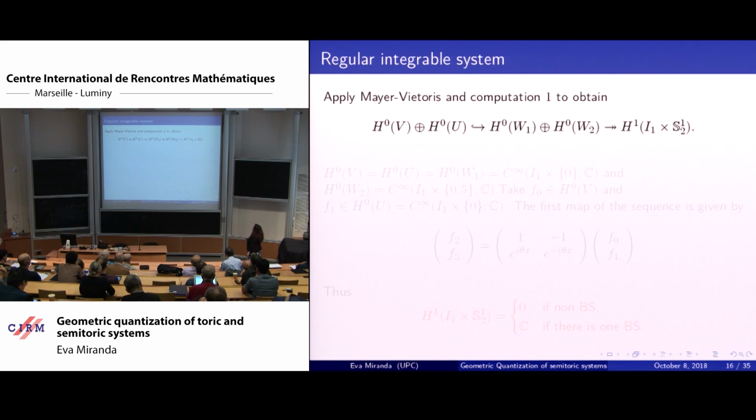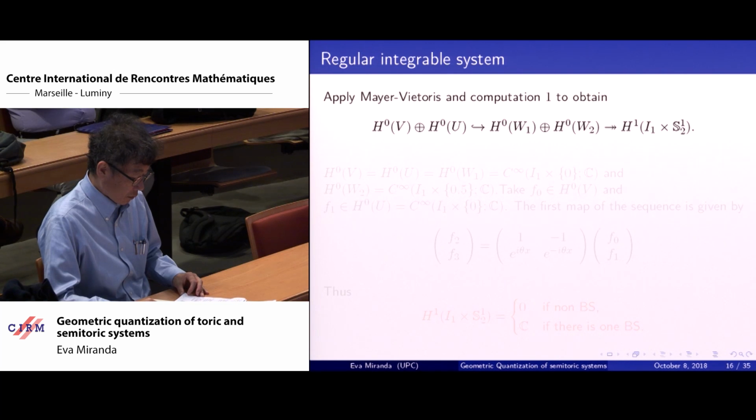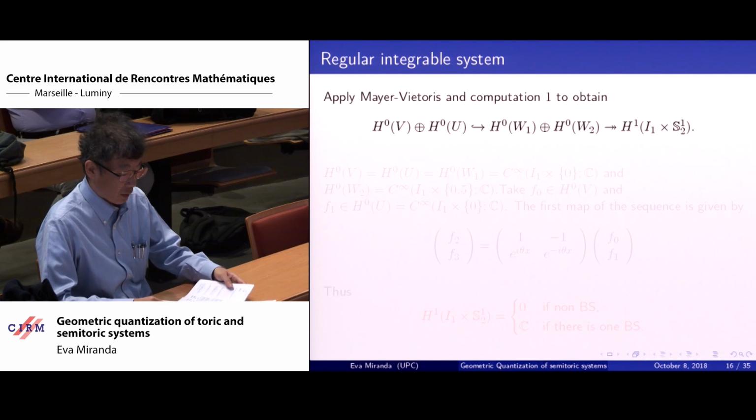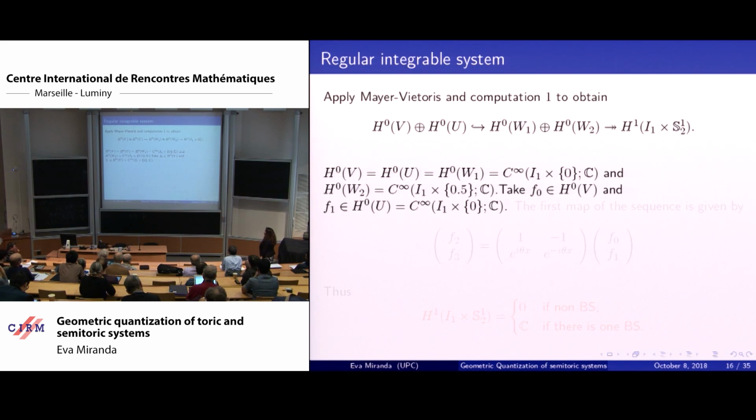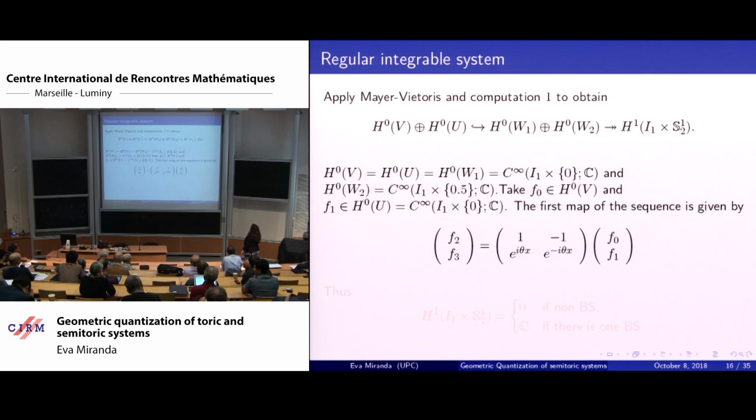And I jump from H0 of the total space to H0 of the sum of U and B, to H0 of the intersection, which has two connected components. This is why I have a direct sum here. And this mapping here is the difference of restrictions, as is standard in the Mayer-Vietoris sequence. So this is just a computation that I could give to one of my students, for instance, to Anastasia, who is sitting there.